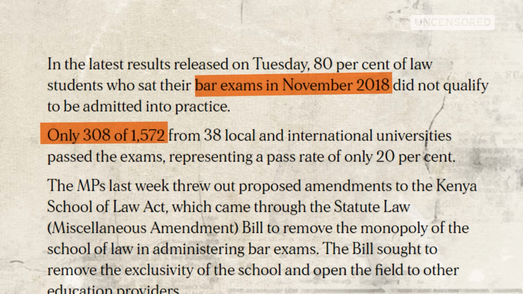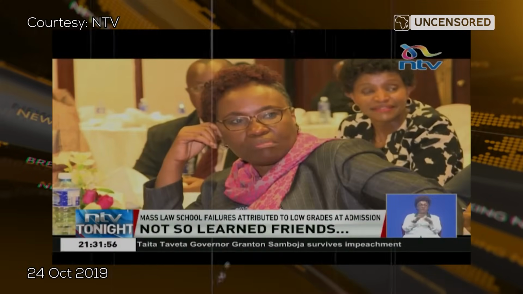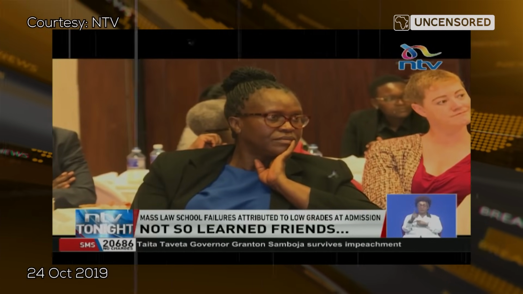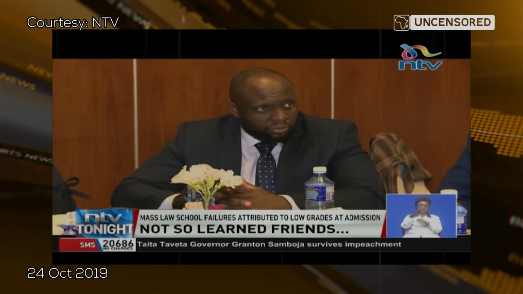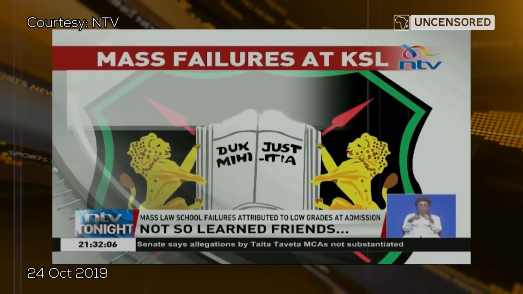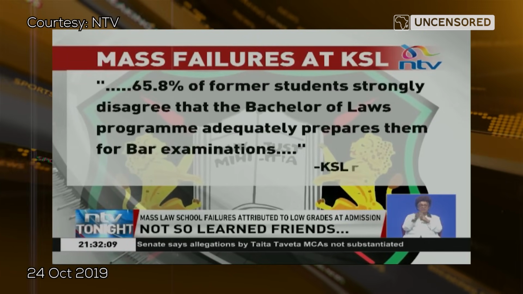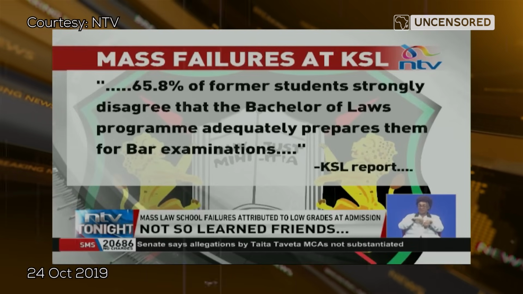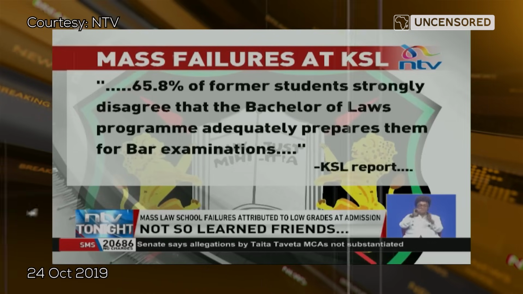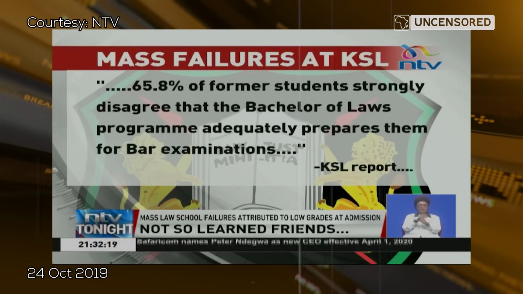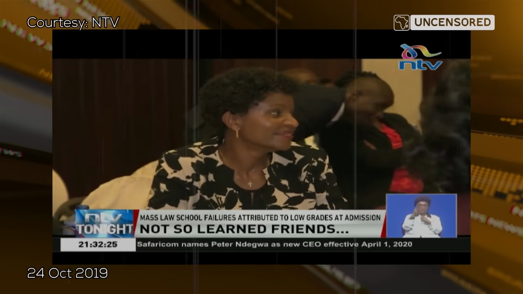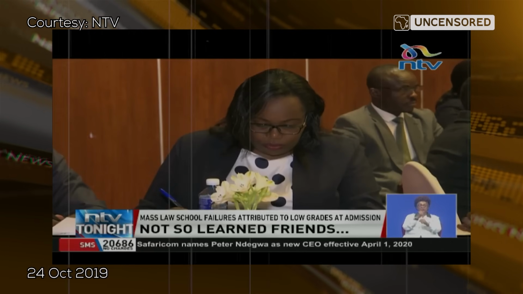KSL itself conducted a study, and these were their findings. The study shows that the mass failure at the institution is tied to the grade 1 scores in their KCSE examination and the university they attend. In fact, 65.8% of students admitted to the Kenya School of Law said they had received little training in their undergraduate studies, a factor linked to the mushrooming of universities which offer substandard education. Another 74.3% of the students said the curriculum they were exposed to at the university was inadequate.